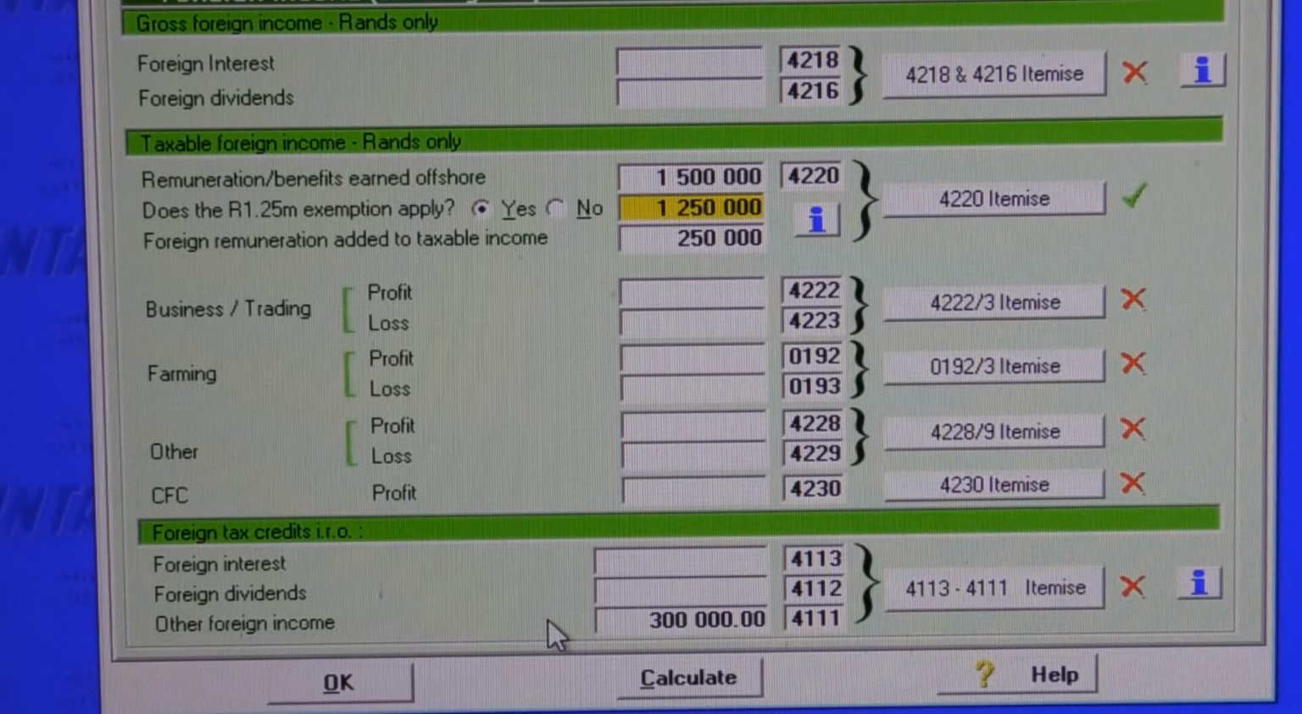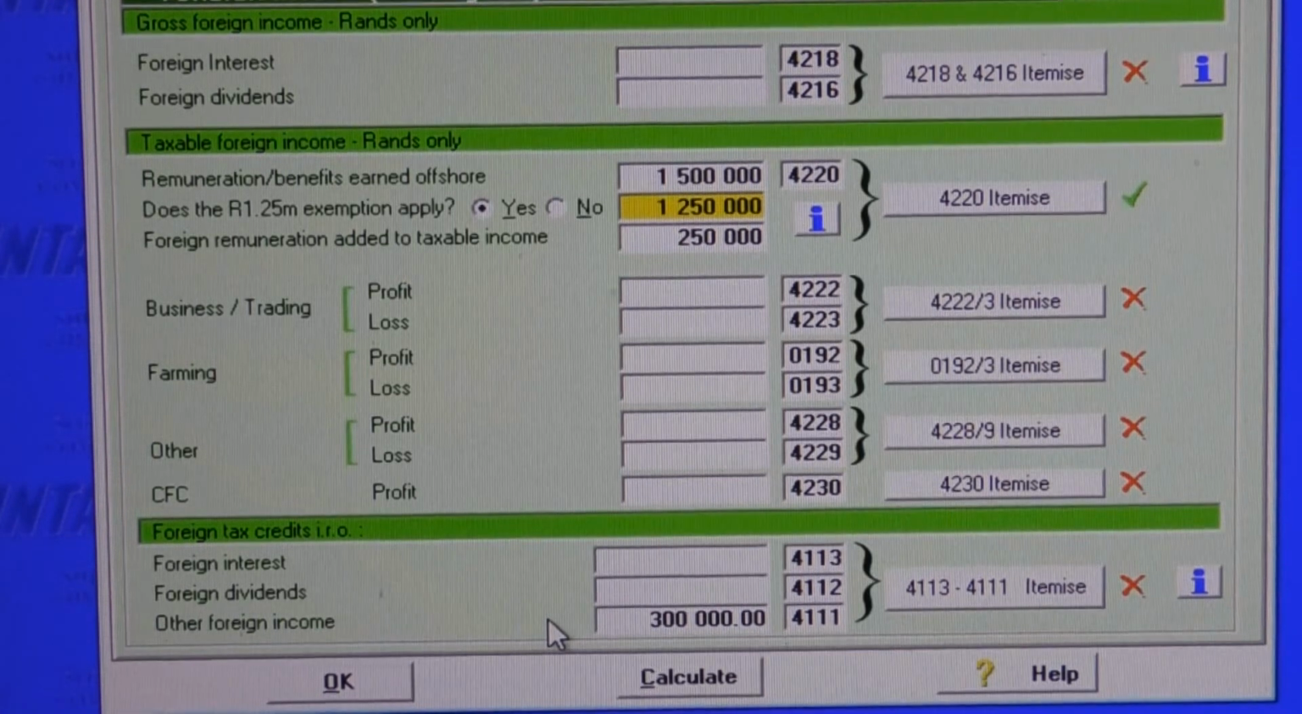If any income tax was deducted in the foreign country from the 1.5 million remuneration you earned in that country, then you can enter that tax under code 4111. Let's say 300,000 Rand in tax was deducted in the foreign country. Wintex will use SARS's 6-quad formula to calculate how much of that foreign tax you will be allowed as a tax credit. If I bring over the auto summary screen,